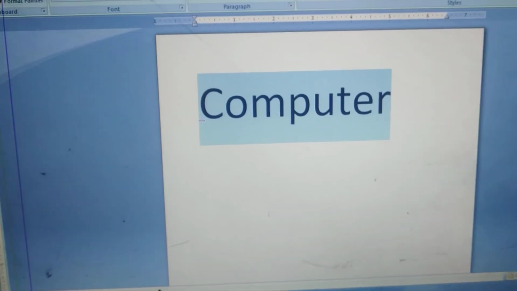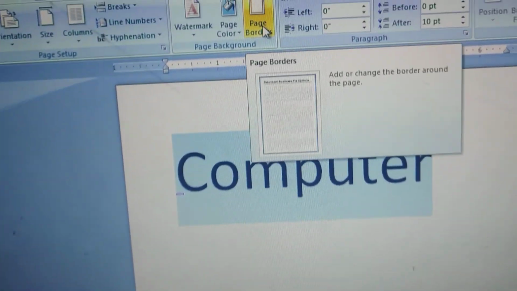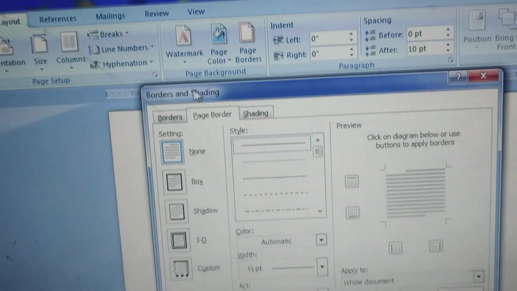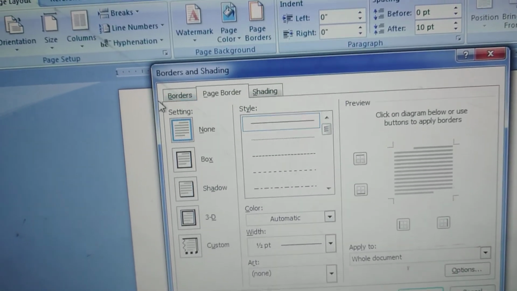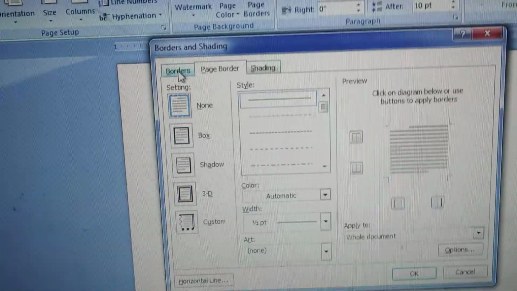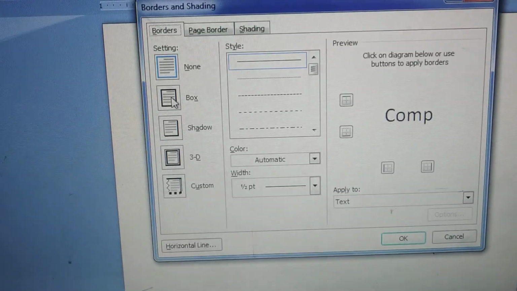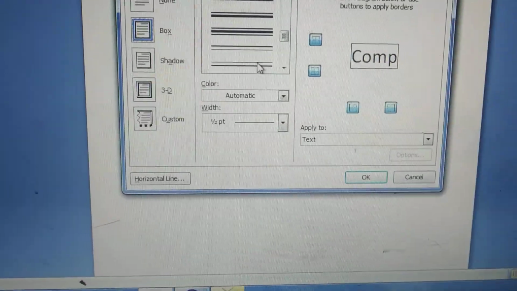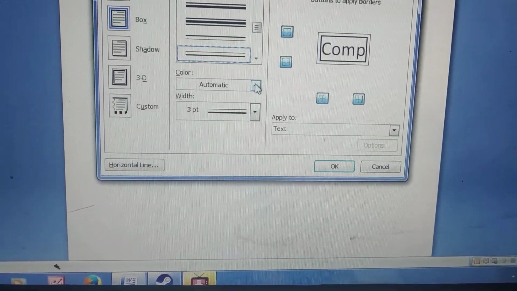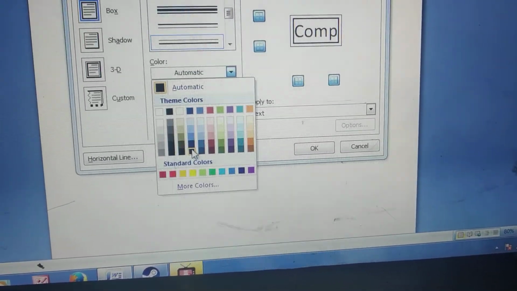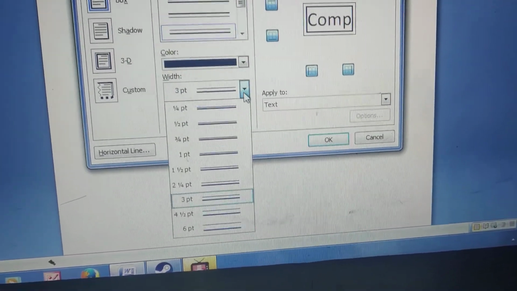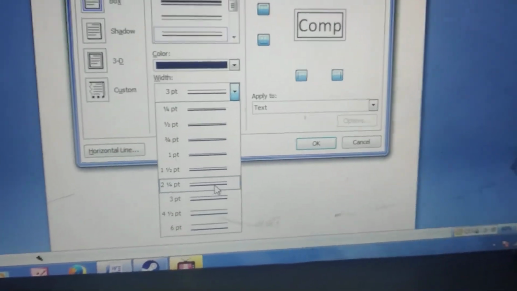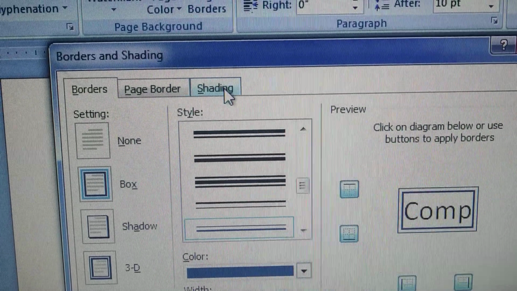Okay, now see, again go and click on page layout and here page border. Last time we have seen page border. This time we will see only border. Click on border and here click on box. Then which type of design you want for the border, you can select that design, and even you can choose the color also. Suppose I want this one. Okay, and you can change the width of that border also.